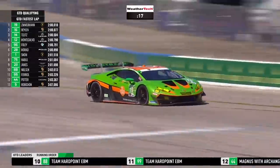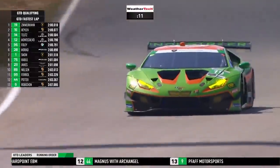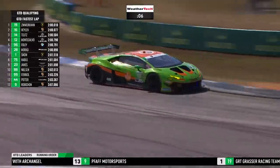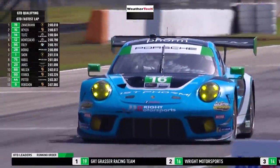Zimmerman goes quicker again, 2 minutes flat, 2 minutes .010. Jan Halen has got across the line. He's got this one to see what he can do, but Zimmerman at the moment for GRT Garcia in the Lamborghini Huracan is holding provisional pole position